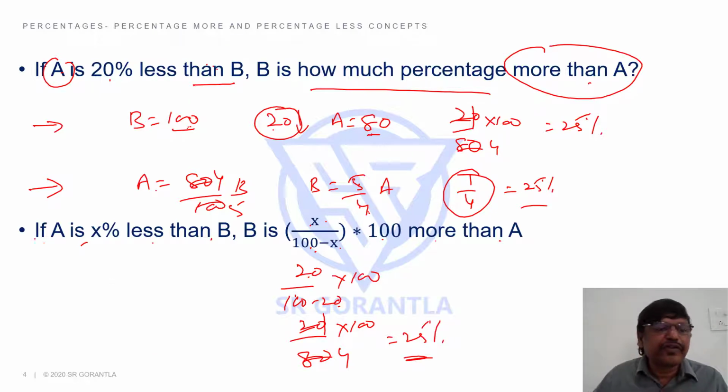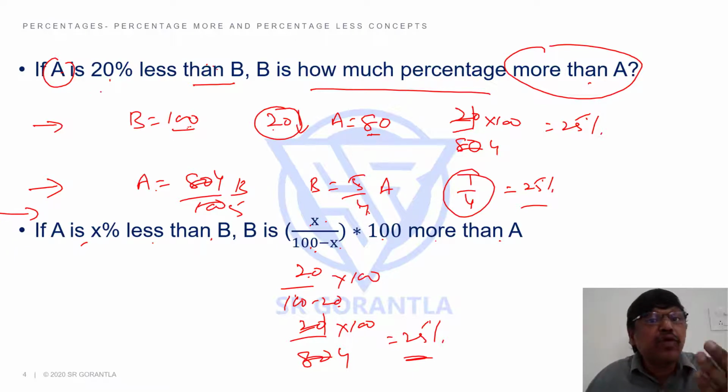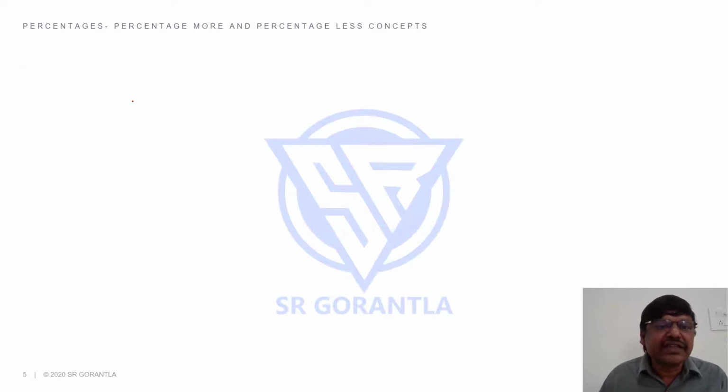This is the third approach. Like this, we can answer the question in 3 different methods. Now students, whatever these 2 examples that I gave you, they can also be asked slightly differently. Instead of saying A is more, B is how much less, or A is less, B is how much more, examiner will ask a question like this.